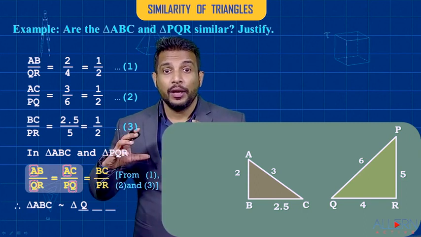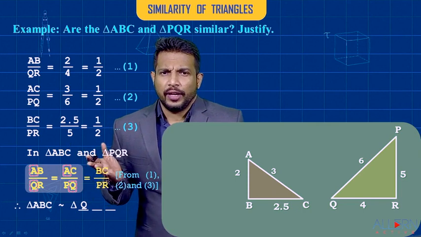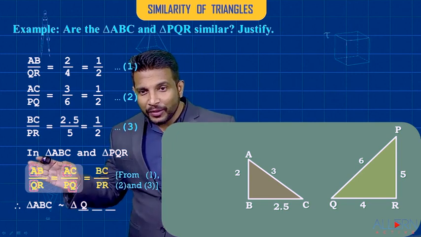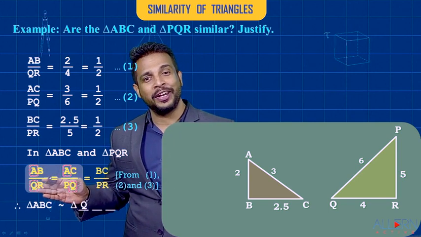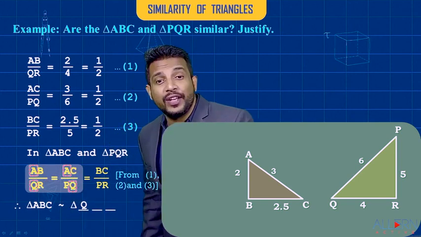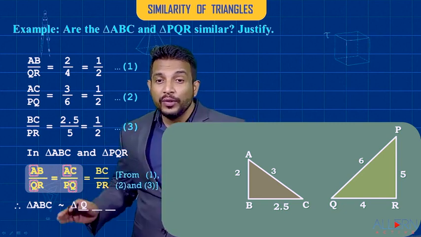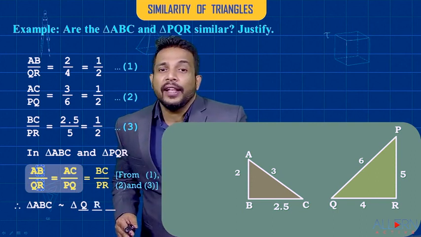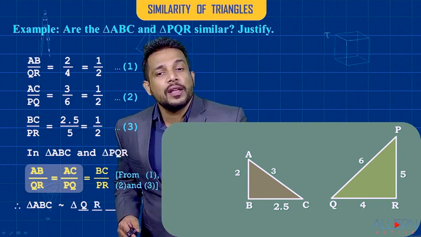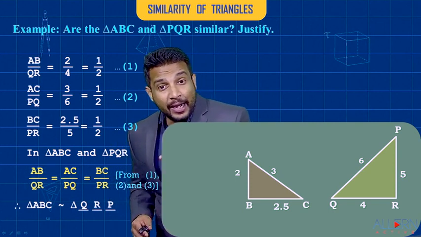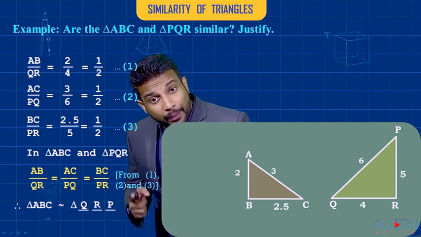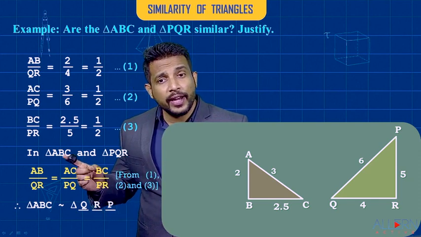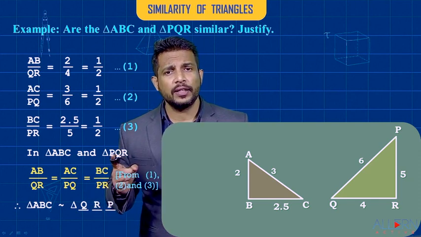What we did is pick up any 2 ratios which are equal. Common in the numerator, common in the denominator, and those commons are actually corresponding to each other, and the remaining one in each ratio gives us the next one. So we get B corresponds to R, isn't it? So B corresponds to R, we write that, and the remaining one is P, right? So that means both the triangles now are similar, and this is the correspondence. Now you will say, aren't we supposed to write the correspondence names of the triangles here as per the